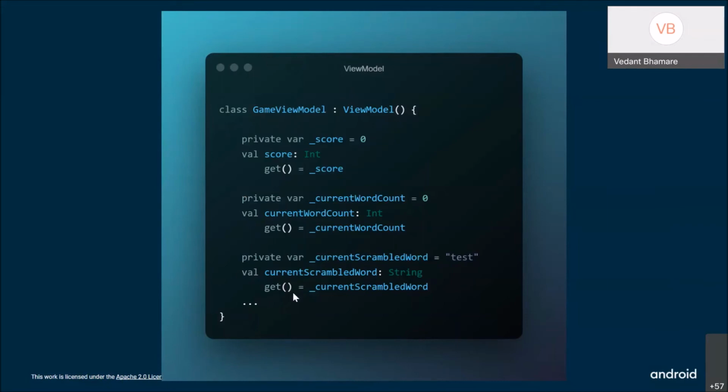Inside this, all the data that you have to store is initialized. As you can see here, there are two types of initialization. Here it is private var _score equal to 0, and there is one more, val score, of data type Int, and it is getting the value of _score.